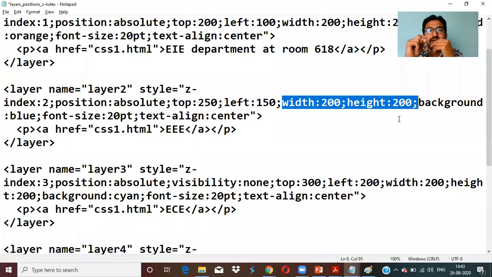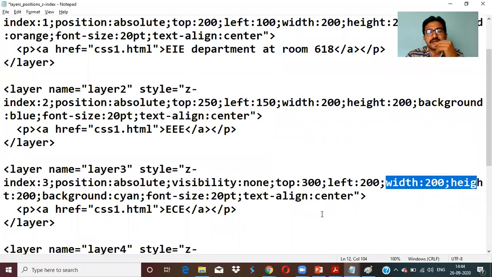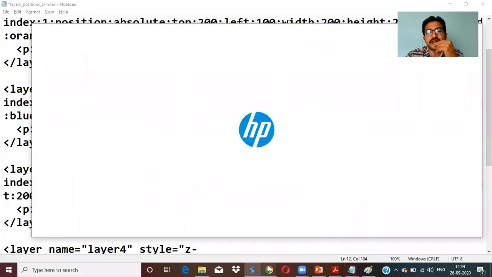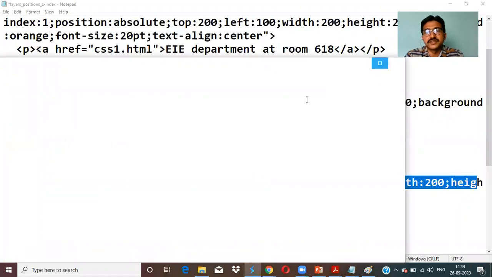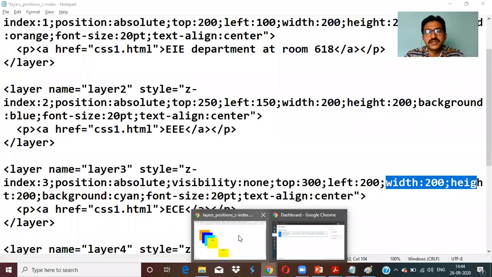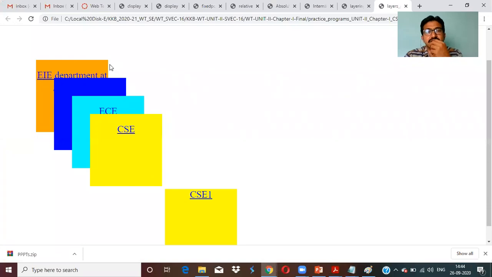Not only do you apply width and height for images, but also for normal text. So for this also width and height, for this also width and height, and for another layer there will be width and height. In the same fashion, if you see here, these are blocks. So how the blocks are created: this is a height and width. Based on the height and width, you can apply. In a similar fashion, try not only this, I'm just giving you a hint.